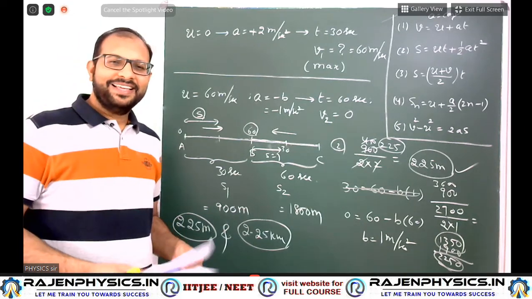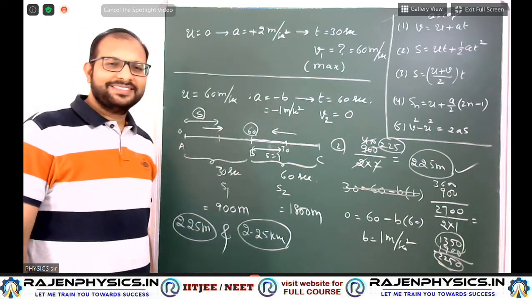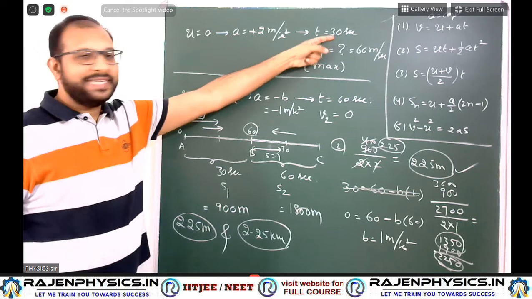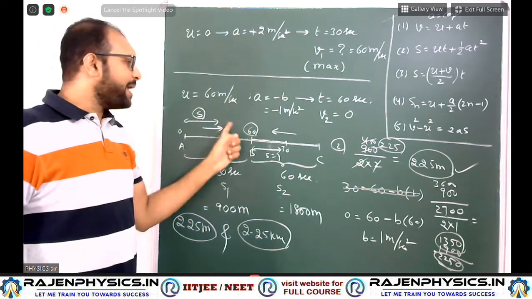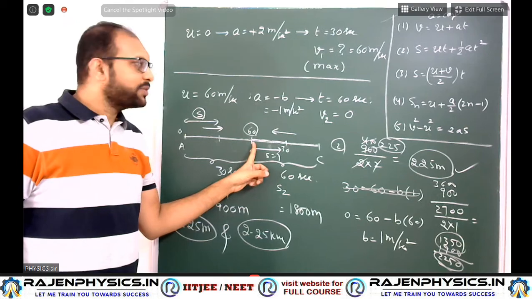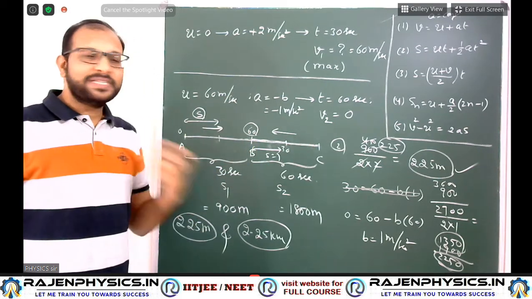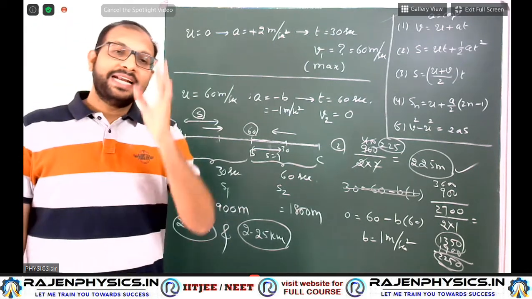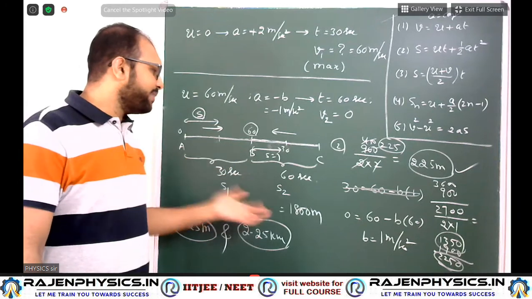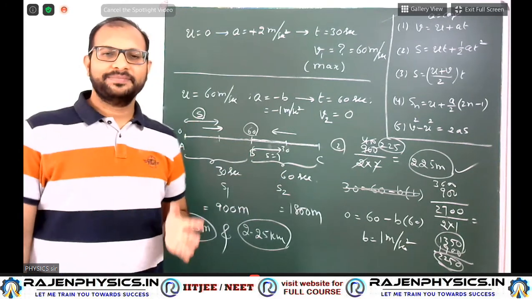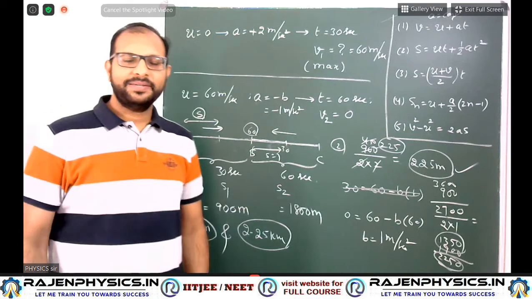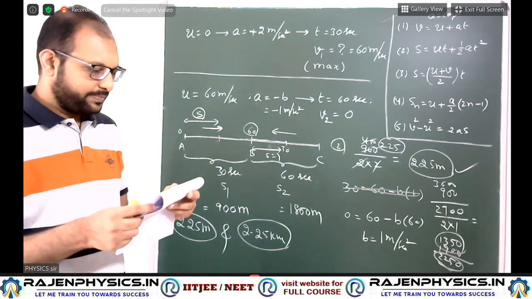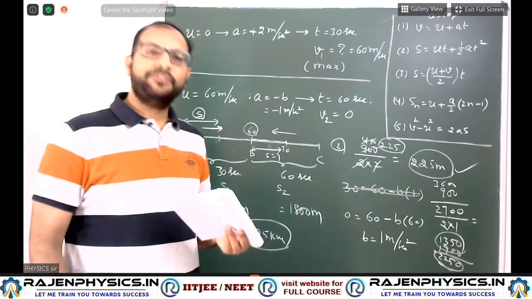Yes, this is problem number 3. Part 1 is from 0 to 30th second. Then in part 2, from the 30th to 90th second, that means the difference is 60 seconds. So total time is 90 seconds: first half a minute, next 1 minute. This is the problem. Students, we will practice this type of problem more and more. Need not worry. Move to problem number 4.